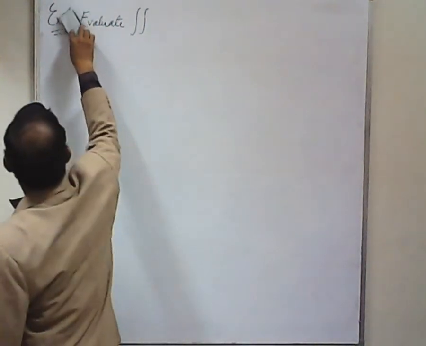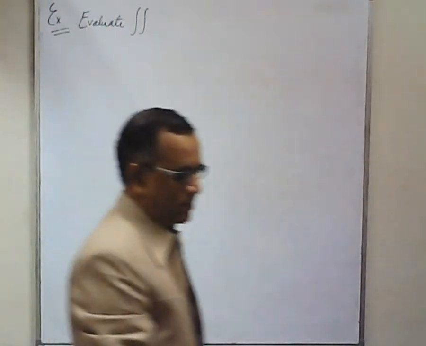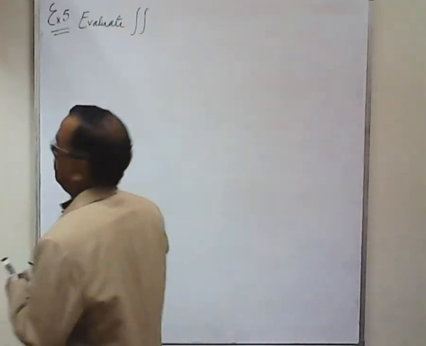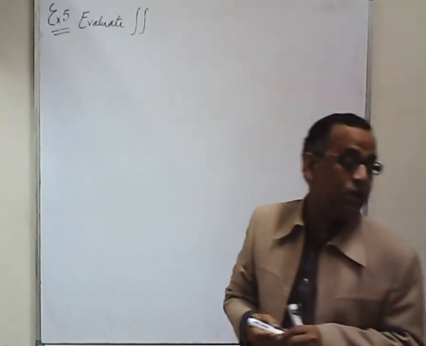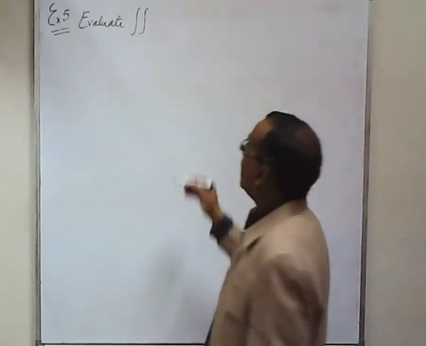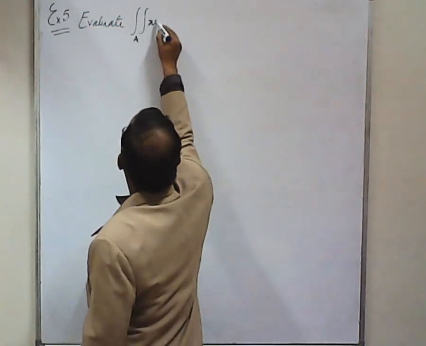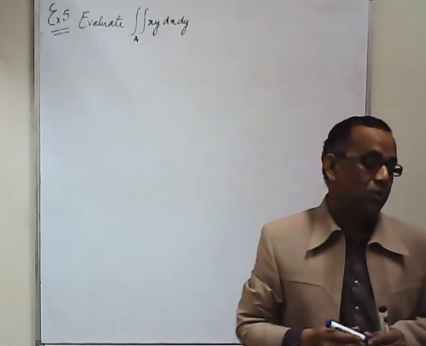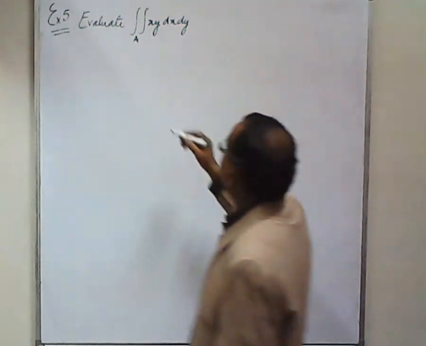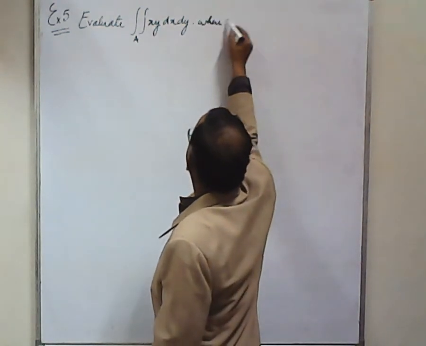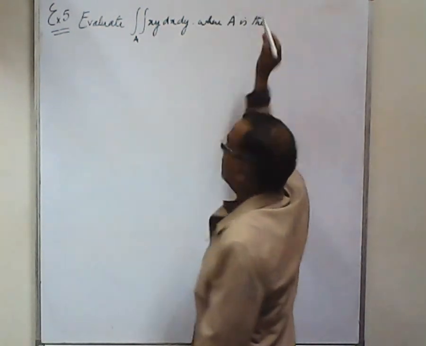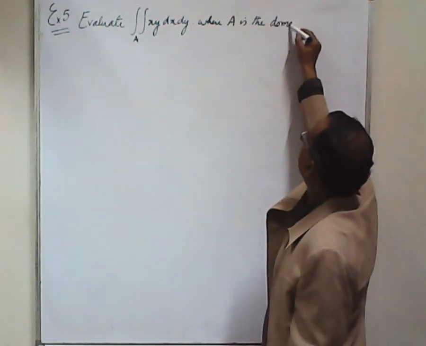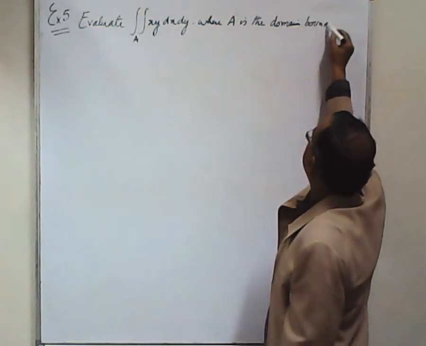So now we are going to find example number 5. In this example, we need to evaluate almost the identical integral, but the difference is the area, where A is the domain bounded by